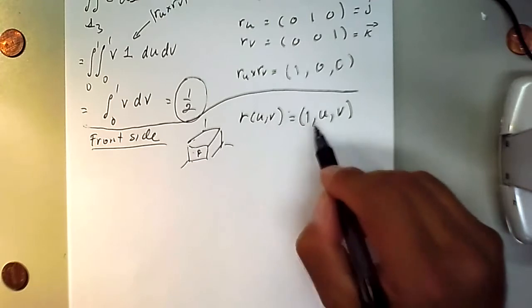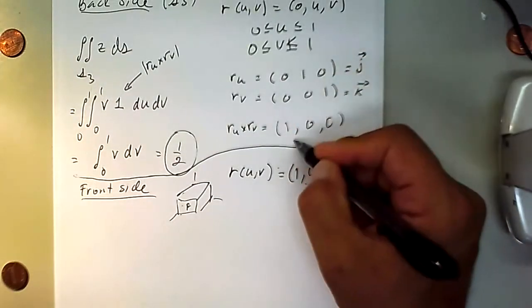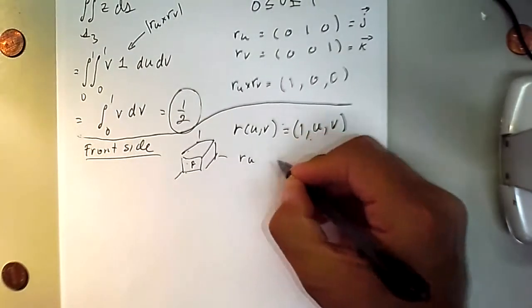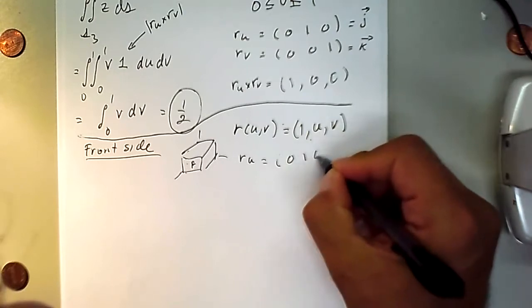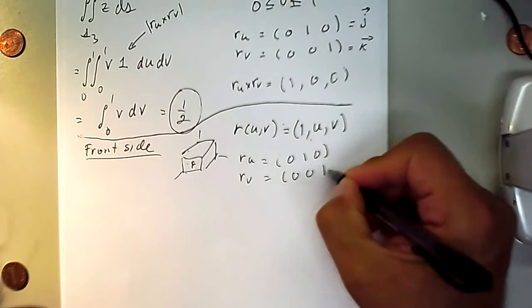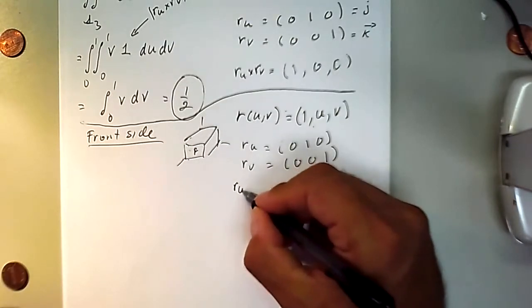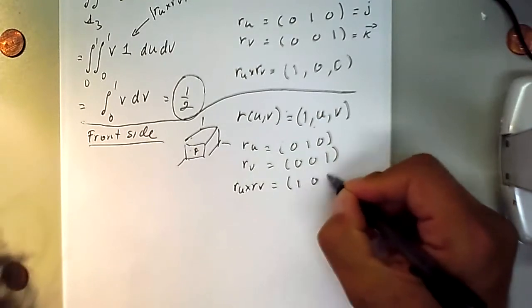As soon as we don't have that, we gotta go through this exercise of derivative with respect to U, which would be (0, 1, 0), derivative with respect to V, which is (0, 0, 1), cross product R sub U cross R sub V is gonna be (1, 0, 0),